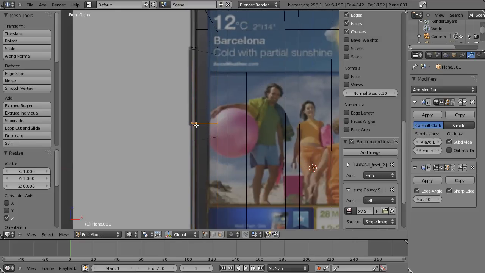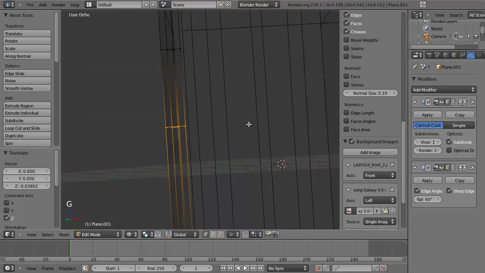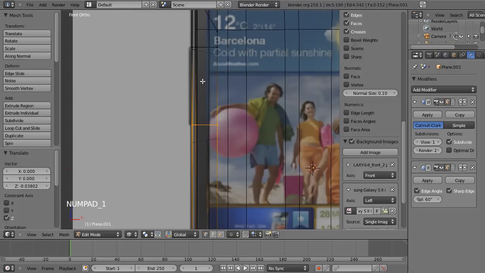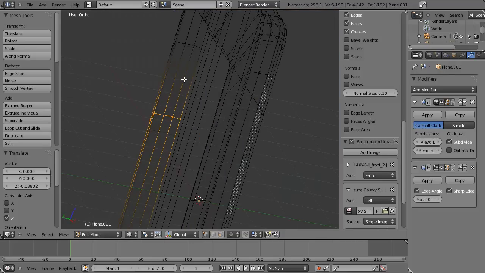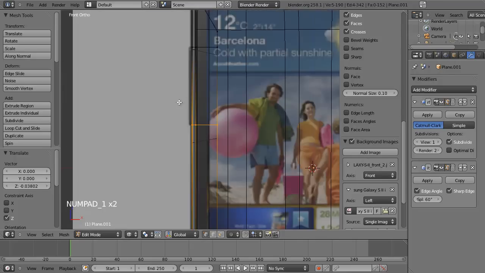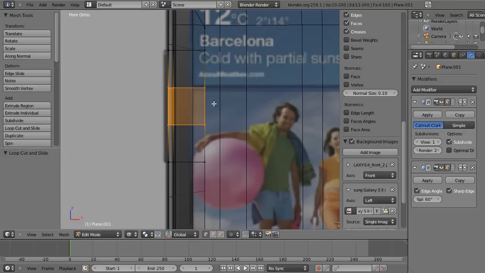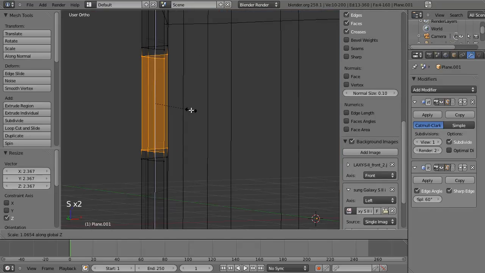That's just a quick way to flatten out that edge loop. Okay. And I'm also going to create 2 new edge loops within that just so that we can get a smooth shape to the button. I'll show you in just a second what I mean. So 2 new edge loops right there, and then just scale it along the Z axis to be about there,